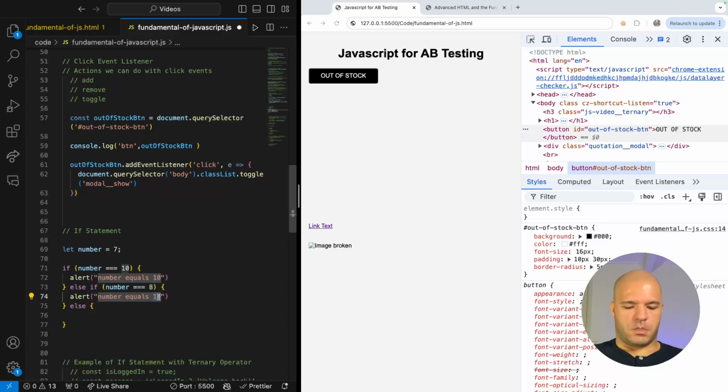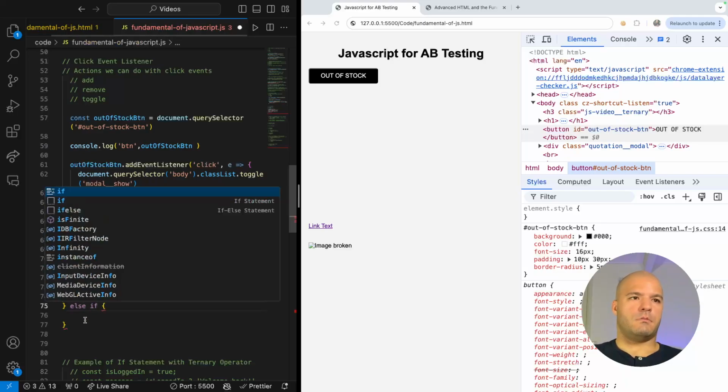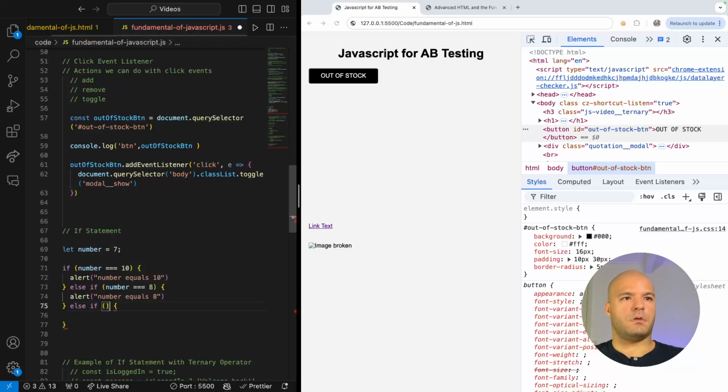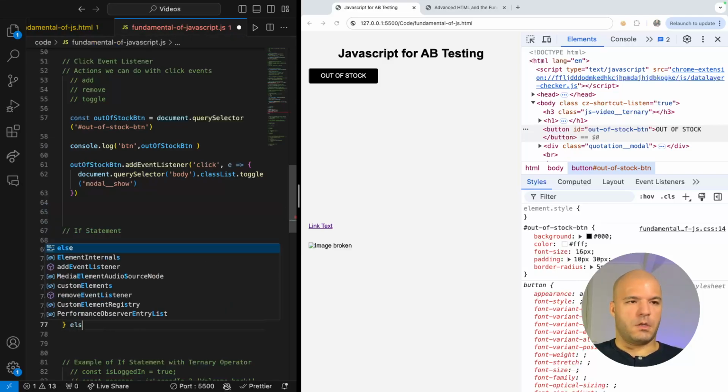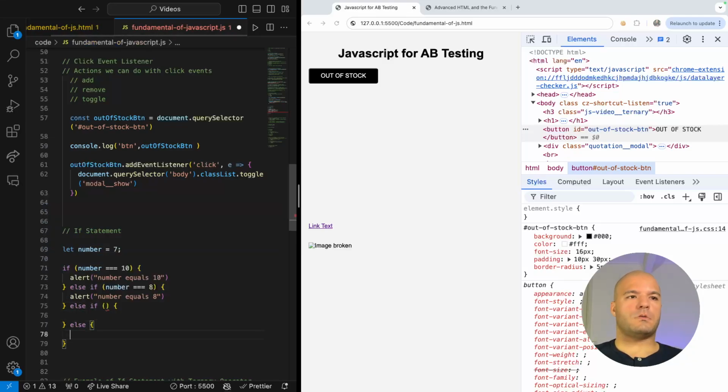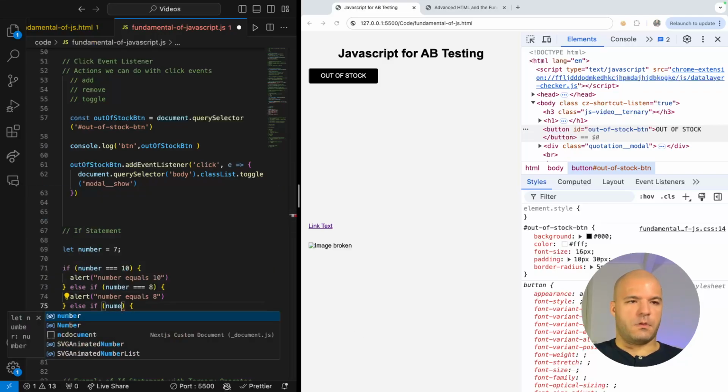This is an 8, and I want to add even another condition here to show even something else. And then I want to have another one here, which is an else. Else doesn't take conditions, it will just apply for whatever is left of options. And then I will add this here and then this here. And my condition is if number